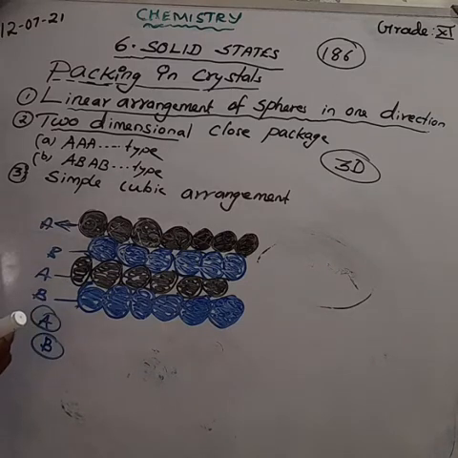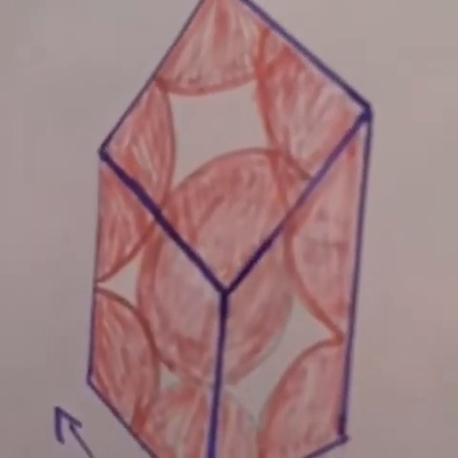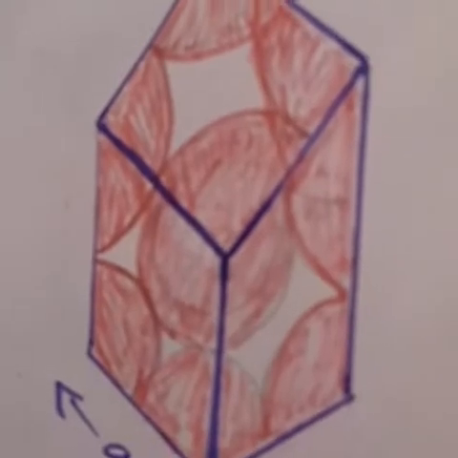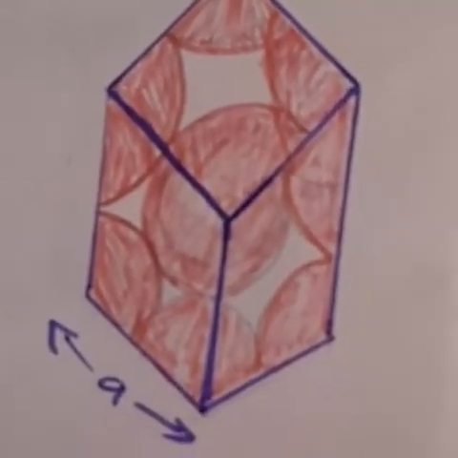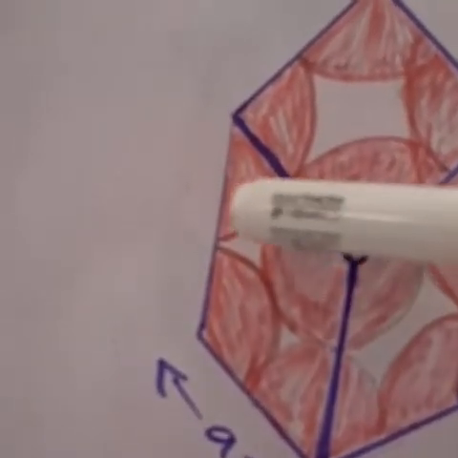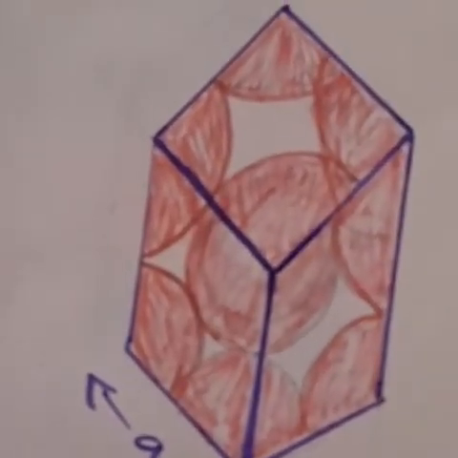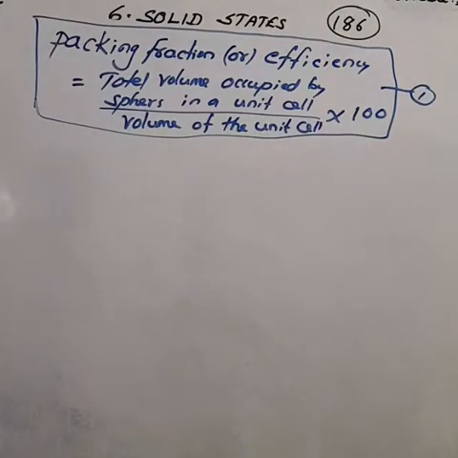Next, one of the very important questions. Please, all of you, look at the figure here. This is a simple cubic arrangement. There is some free space between the spheres of a single layer and the spheres of the successive layers. The percentage of total volume occupied by the spheres gives the packing efficiency of an arrangement.